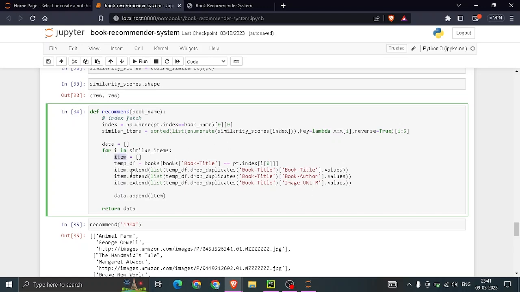We have extended these in the list called item, and then we have appended these items in data, which is another list. So basically data has these three variables.